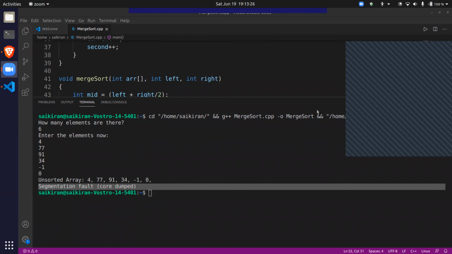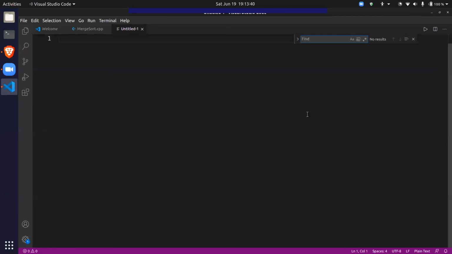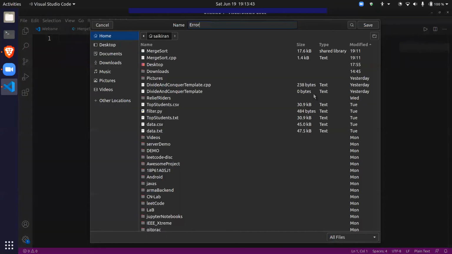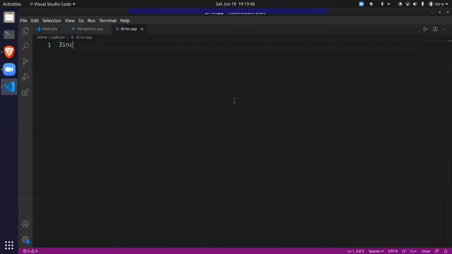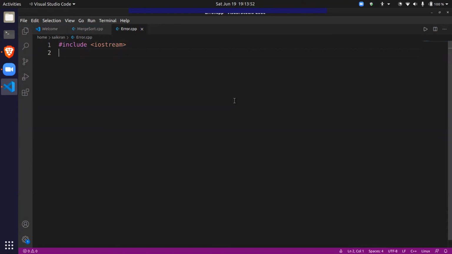For example, let me write a small program for you here itself. This is a new file. Let me save it as error.cpp. I'll just write a small program just to learn about what segmentation fault means. Now let's take an array, ARR, and let the array be of size 5. It has 5 elements,